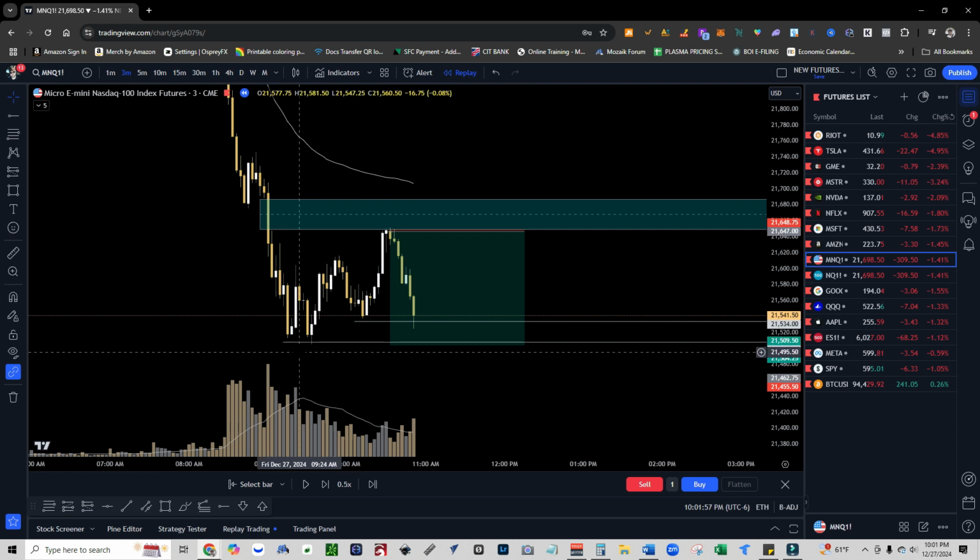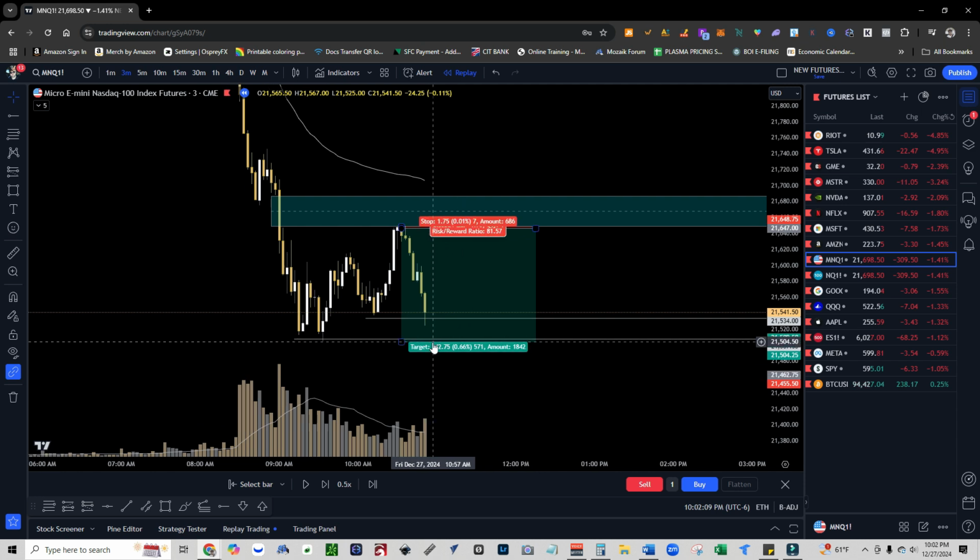This is basically a big draw on liquidity right here on this downside, because you have two double bottoms right here. So you have a double bottom, so price more than likely always wants to come and try to tap these double bottoms right here. I mean, that's what we're looking for, right? So that's why we have that last TP right here. So let's go ahead and play it out and see if we get that full take profit.